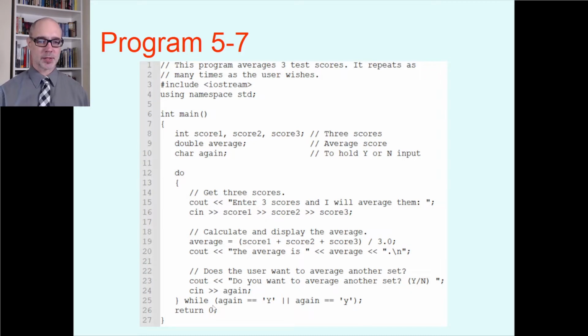Then there's the while statement. Now, for what it's worth, what's happening in there is what we've seen before. Prompt the user for the 3 scores, sit in the 3 scores, compute the average, print out the average, and then the interesting thing is right at the end: prompt the user, do you want to average another set, yes or no? Sit in the Y or N into again, and the check here on line 25 is